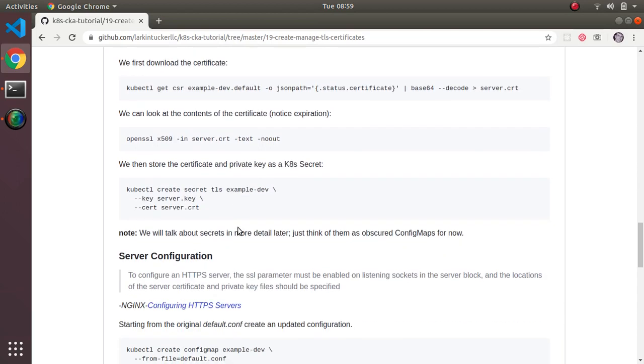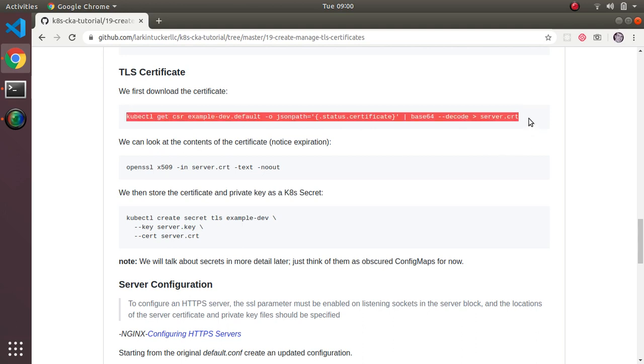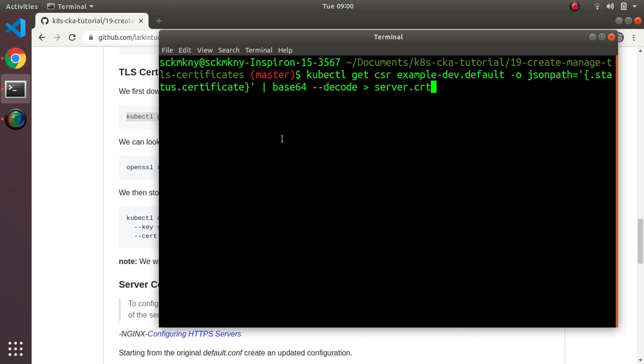So now let's actually get this certificate out of the system, so we can use it. Well, we'll use it a couple steps here. So let me run the first command here, and I'll explain what it is. So first thing we need to do is essentially extract the certificate. So this is getting the CSR, right, and it's using the output of